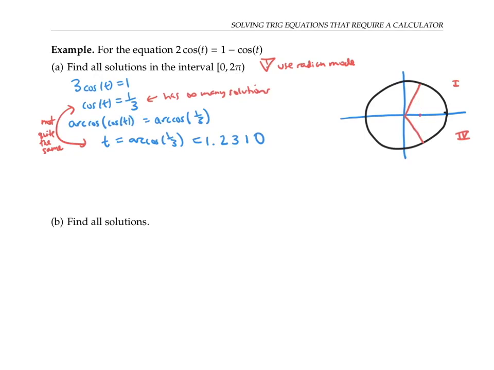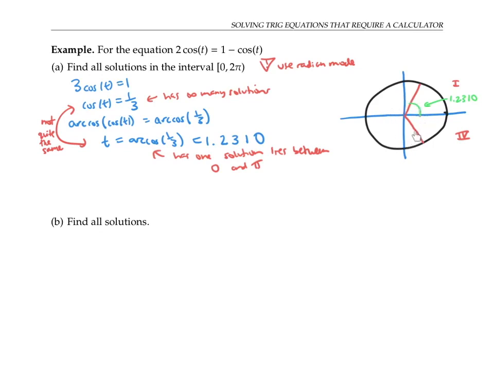On the other hand, arc cosine of 1/3 has only one solution, and that solution lies between the angles of 0 and pi. So this angle here, the 1.2310 radians, must be giving us this angle, since it's got to be an angle between 0 and pi. And to get the other angle, this one, we can use the symmetry of the situation. This angle and this angle are the same size, so to get all the way around to here, we can go all the way to